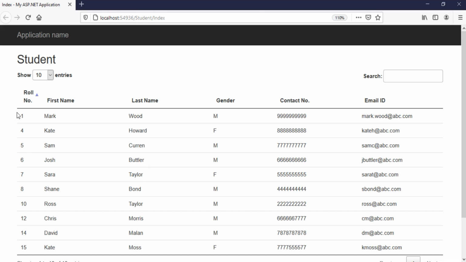Okay, so basically in the first column, I want to render a checkbox. Then this first name and last name should appear as a single full name in one column. Then we are going to display gender as, if it is M then we are going to display male, if it is F then we are going to display female. And here as a last column, okay, we want to show the edit and delete link. Okay, so let us work on it.